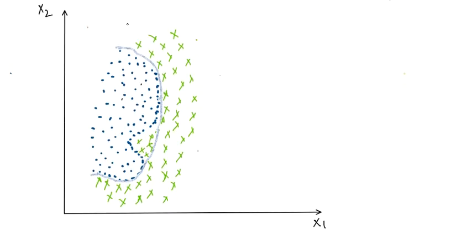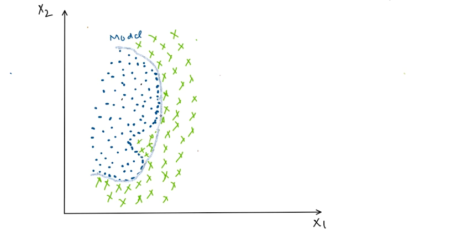Now here is my data. This is a classification example wherein my training data comprises two labels, blue and green, and this is how I have to classify. The model that I created is denoted by the blue line. This was the model equation that I created. With this model equation, we could not capture a pattern, and hence all these green crosses are errors. They will be misclassified as blue.